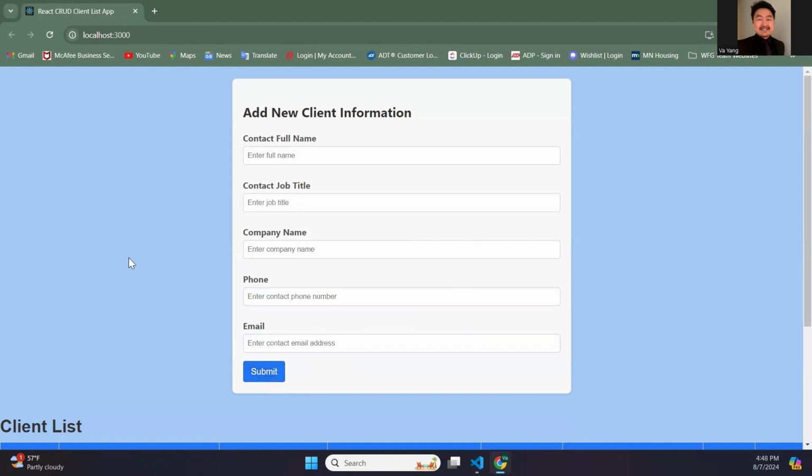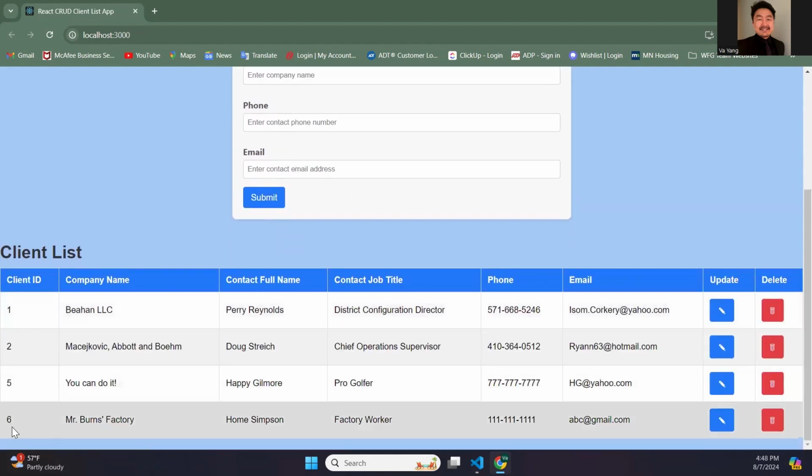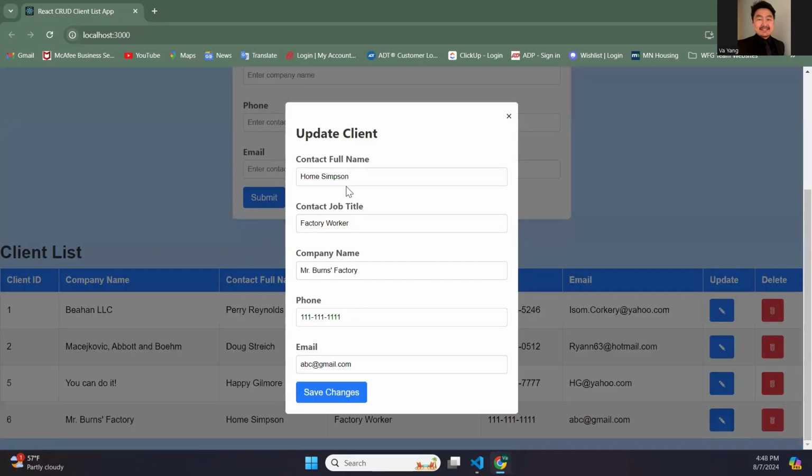You can see that the form here cleared to empty text boxes again. And then you see down here that Homer, spelled wrong, Simpson is added. So I'm going to go and update that. Let's say Homer Simpson, okay? And now he's a senior factory worker,